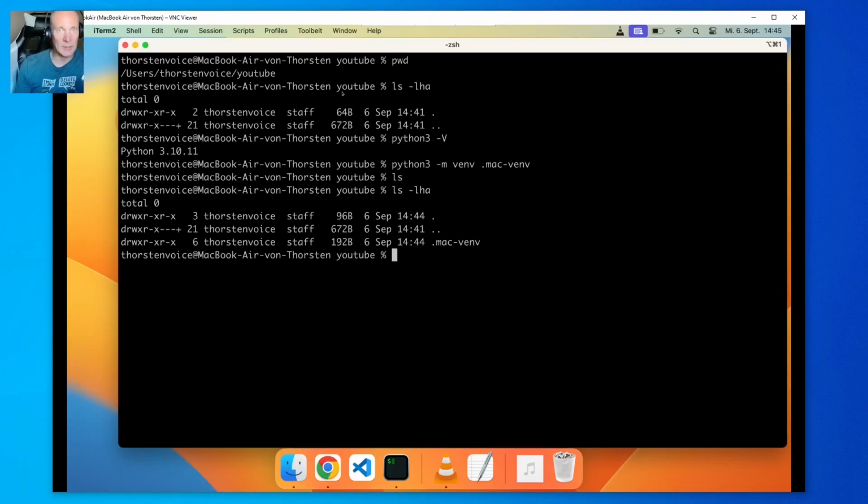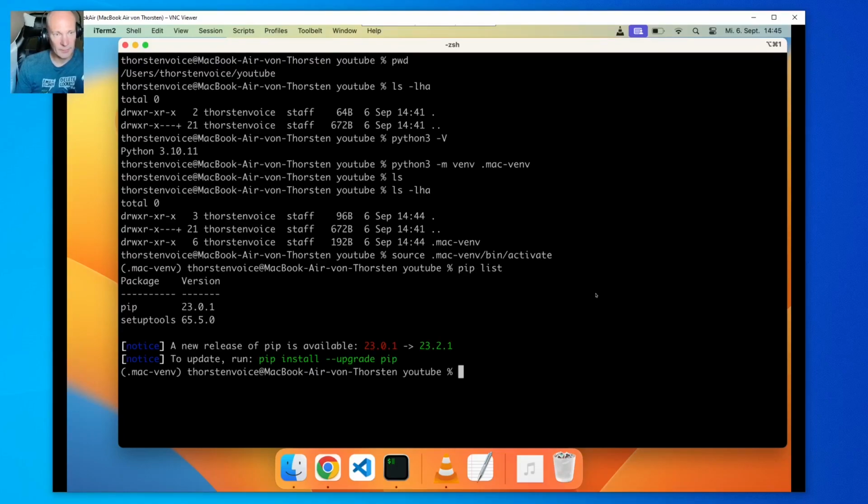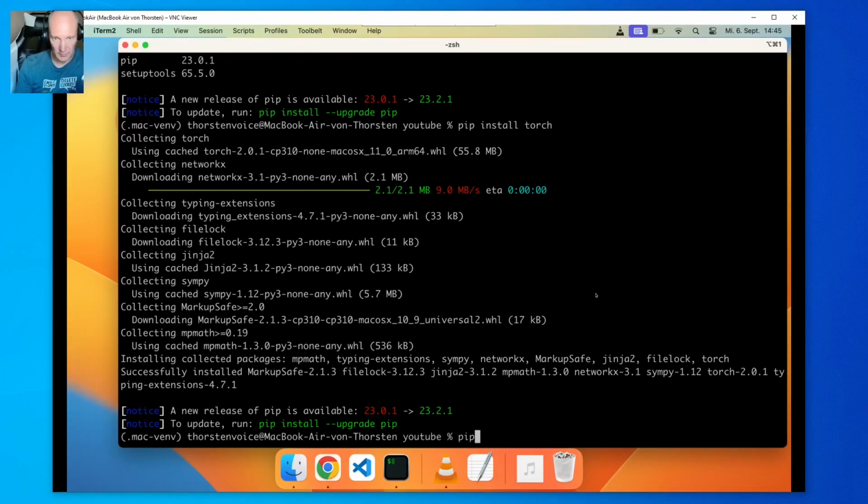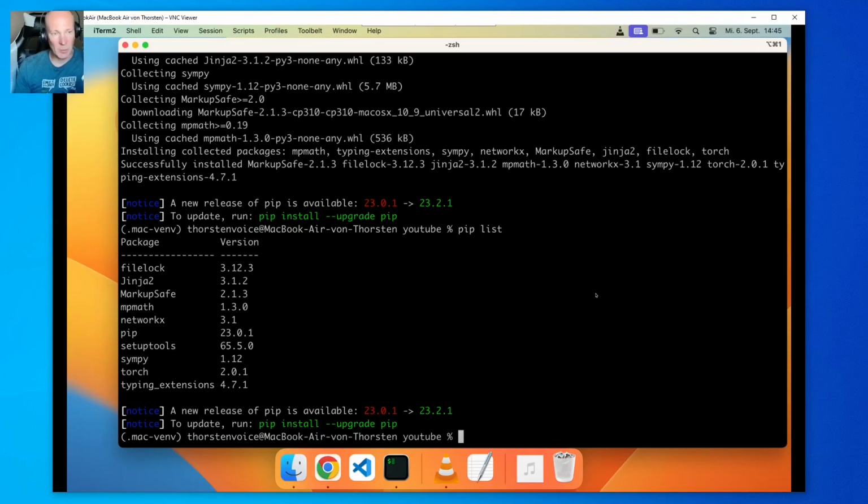Just Windows is a little bit special on this. So let's run source macvenv bin activate. Here we are in the brackets, again, our defined name. Let's run pip list. Nothing too special. Install the latest version of Torch. Let's run pip list. And here we are. So Torch is installed in the latest release 2.0.1. And now let's deactivate this venv